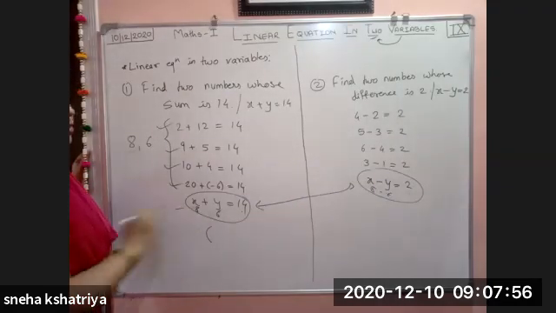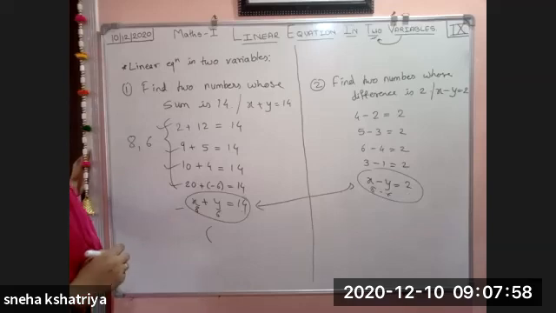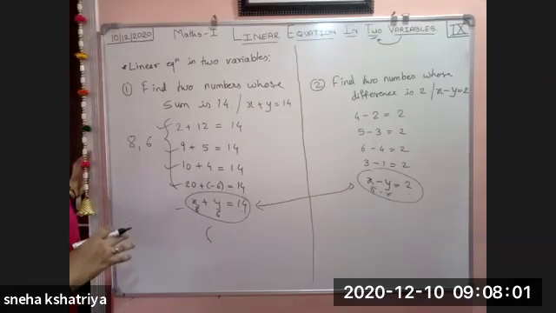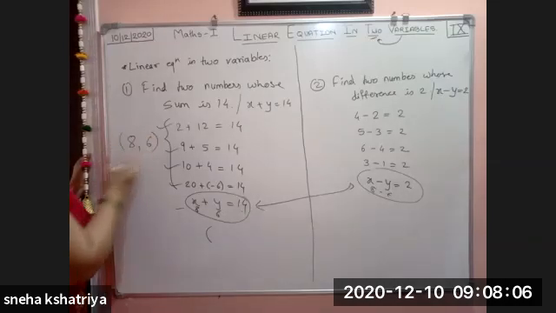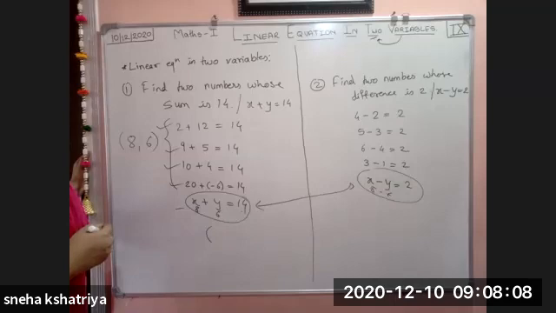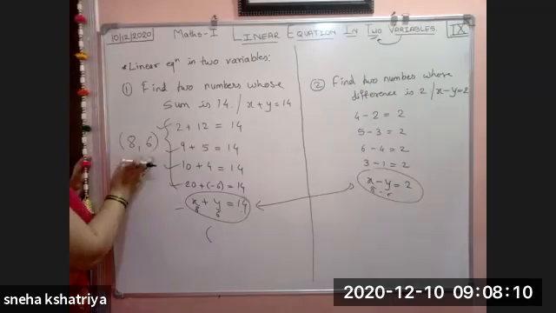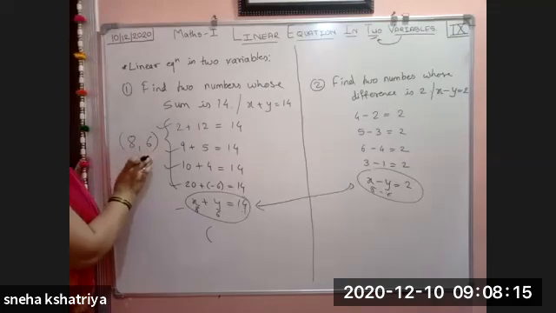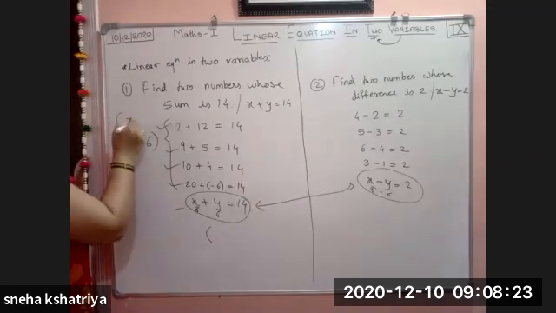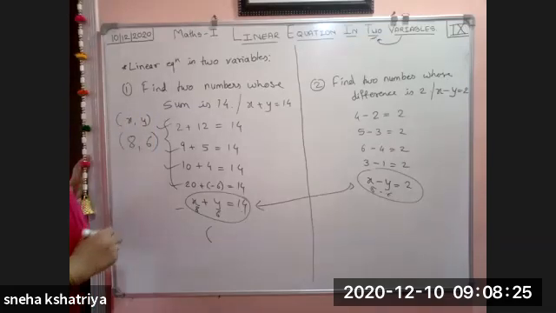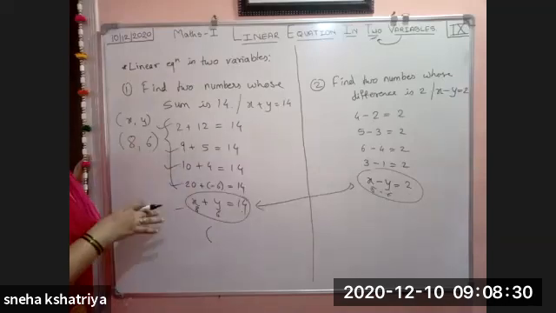So what is this called? This is called the solution of the given linear equation, and it is written in brackets like this because of the graphical representation. This year you don't have any graphical representation, but next year you will. These are the xy coordinates of the xy axis which you have to plot on the graph.